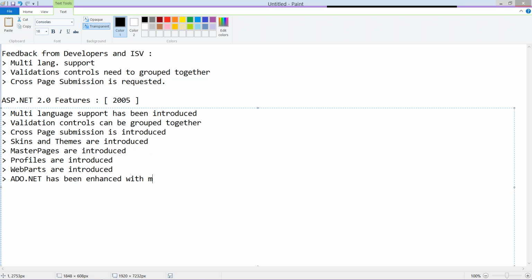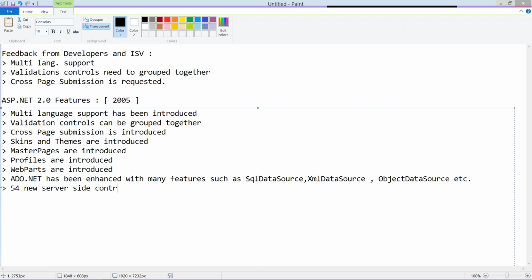with many new features such as SQL data source, XML data source, object data source. A whole bunch of features has been introduced, and 54 new server-side controls are introduced,